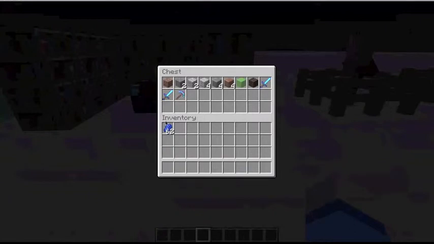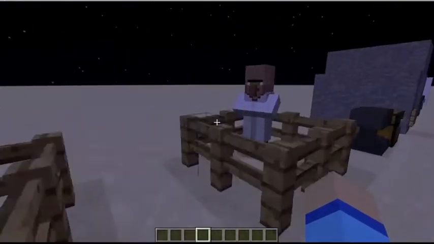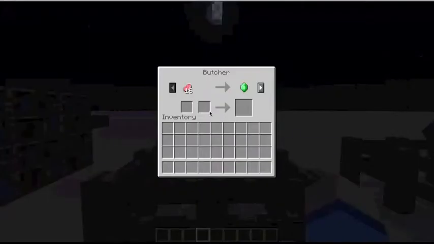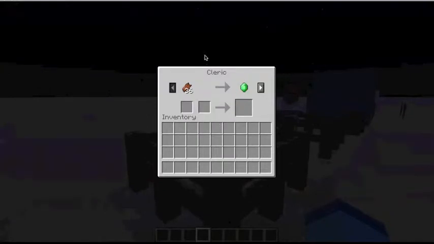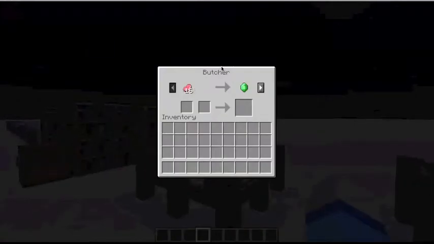Moving on along, right here, we got in a better form of villager trading, in my opinion. They now have the names of villagers up here. This one is the Butcher, this is the Cleric, and this is the Librarian. One thing that I think is cool is they will give...